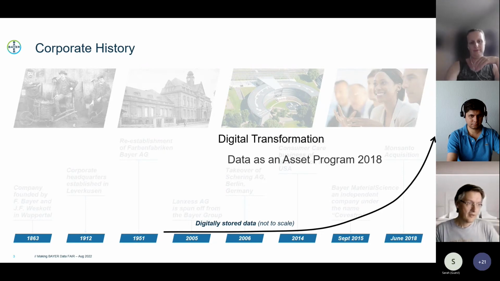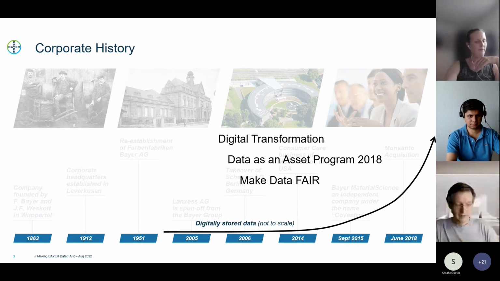So a couple of years ago, Bayer started to initiate the digital transformation. That is where people realized that we cannot work with silos anymore, that we need to make use of the data that we have, that data is actually an asset. And that's when we had programs like Data as an Asset, which meant all the things that Arne so nicely described. Change how people perceive data,